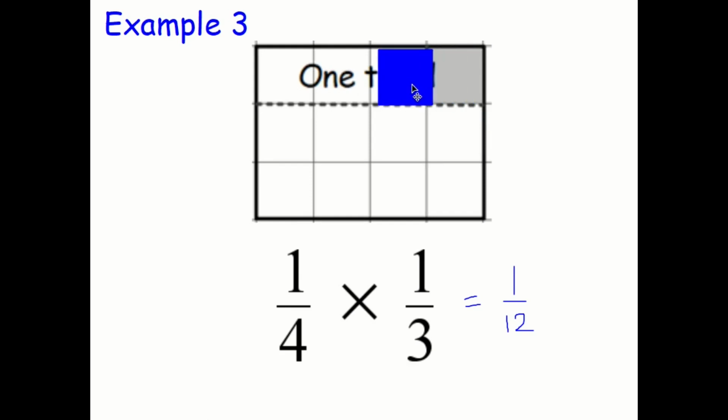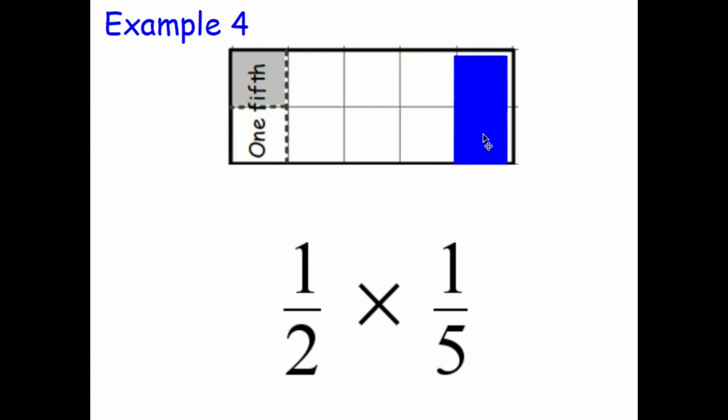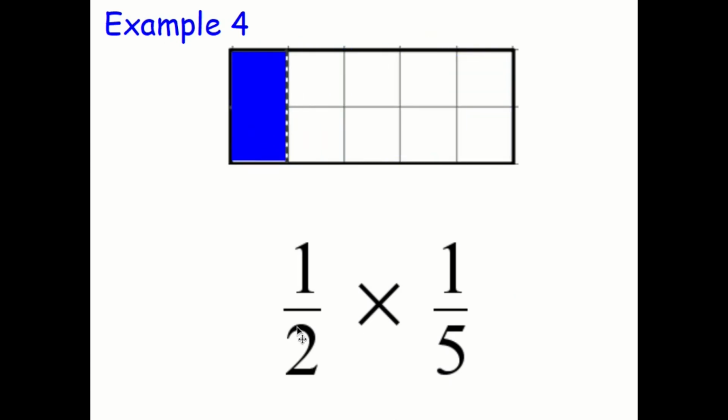Because look, 1, 2, 3, 4, 5, 6, 7, 8, 9, 10, 11, 12. It's 12 pieces, and I've got 1 of them. Just take that out of the way, just so you can see it. So there was my 1/3, and I'm finding 1/4 of it, which leaves me with 1/12. And this example. Here I have got 1/5 of my diagram, because that's 1/5, 2/5, 3/5, 4/5, 5/5. But I want half of it. So if I halve it, what am I left with? I am left with 1/10